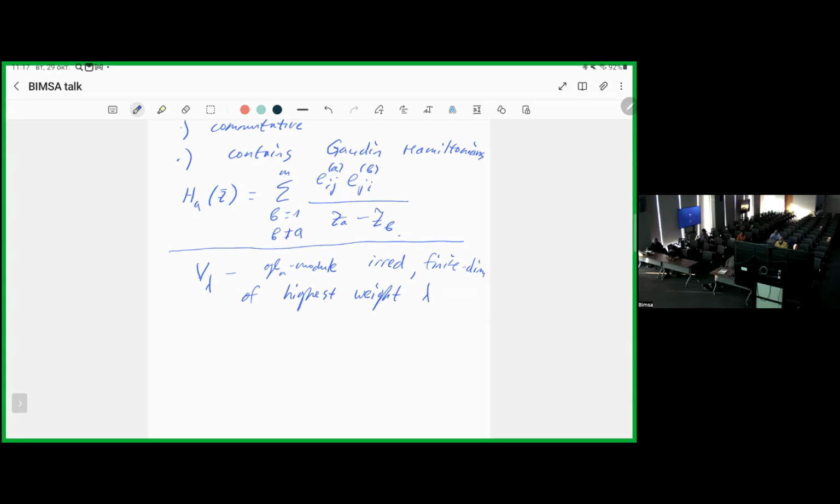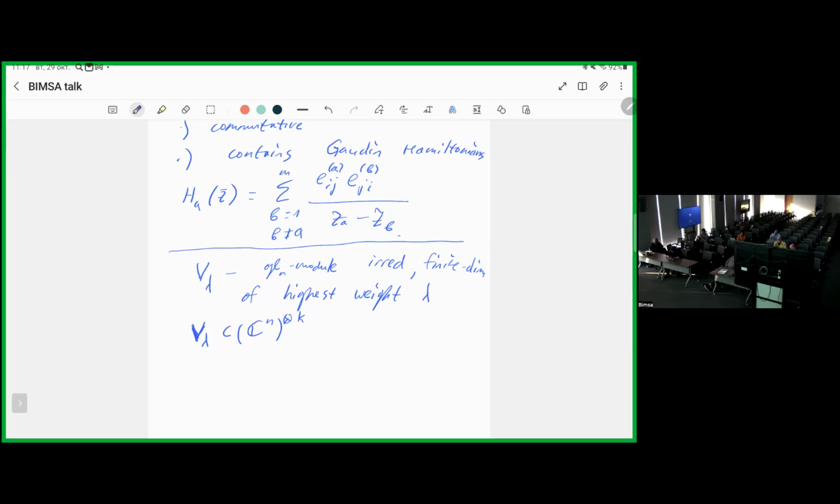And for now, we're interested in so-called polynomial modules, so those which live in C^n tensor K,